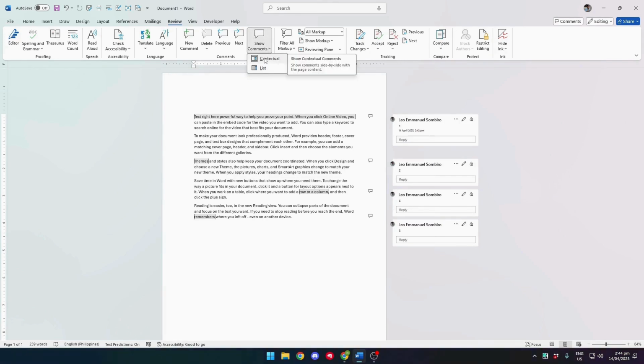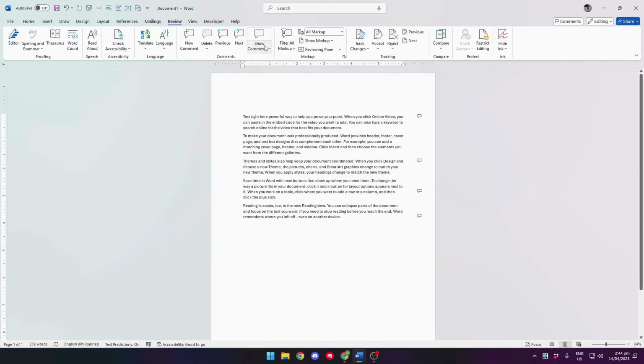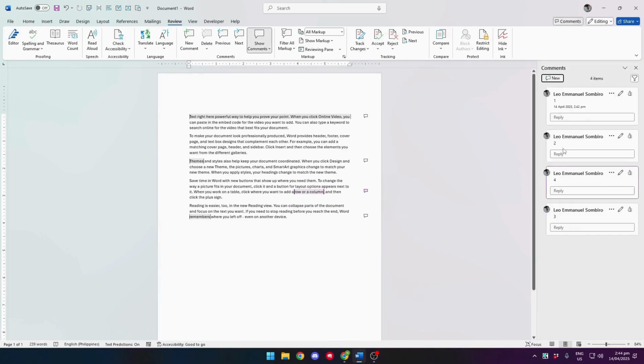And you can even choose whether you want a contextual type or a list type right here to pop up from the right side